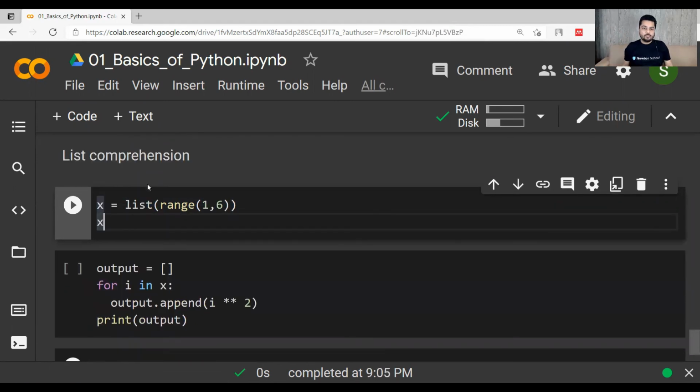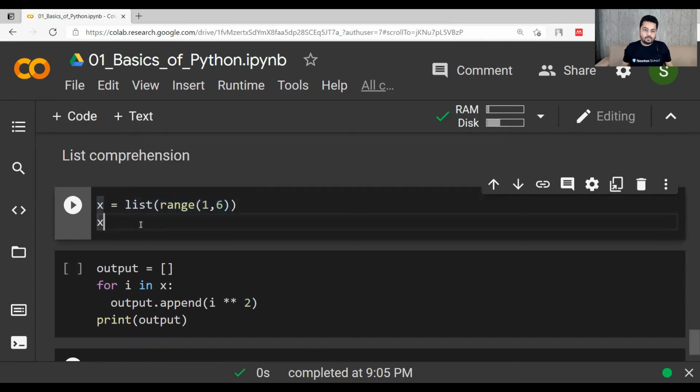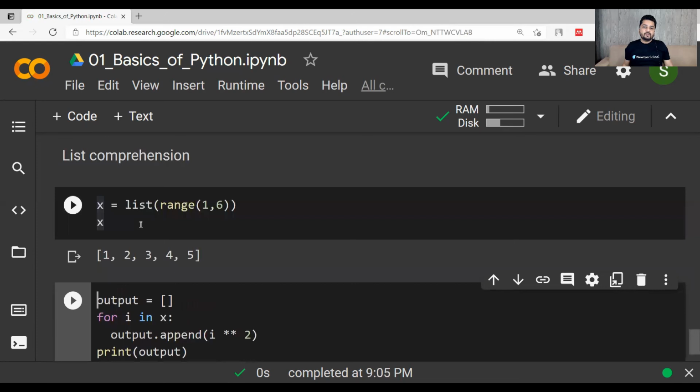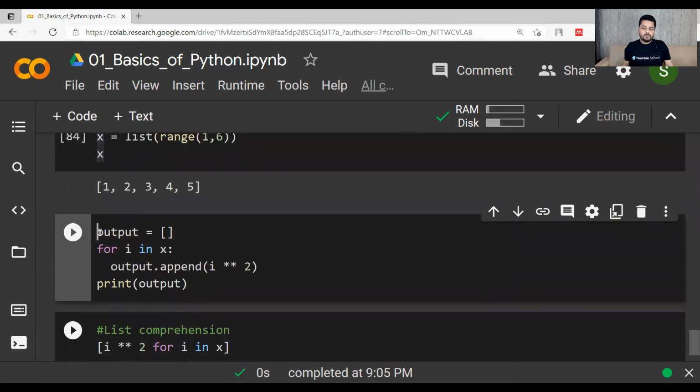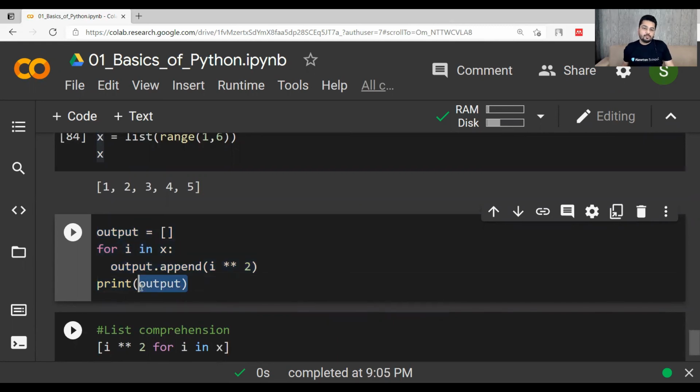Now coming to list comprehension, so we have this x equal to list of range 1 to 6. It means the numbers will be printed as 1 to 5. Now for using this for loop, what will be the output which will be printed? Initially we have an empty list.